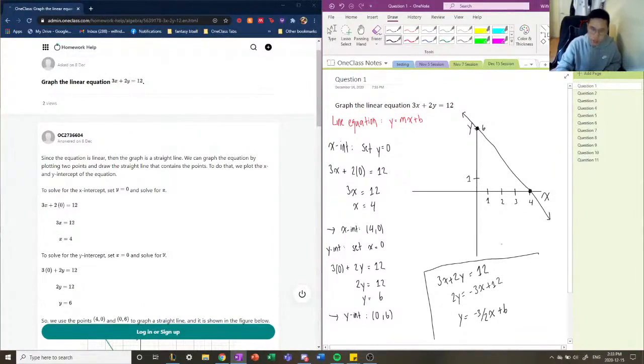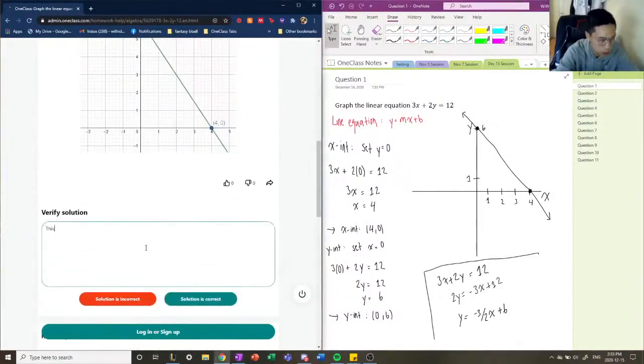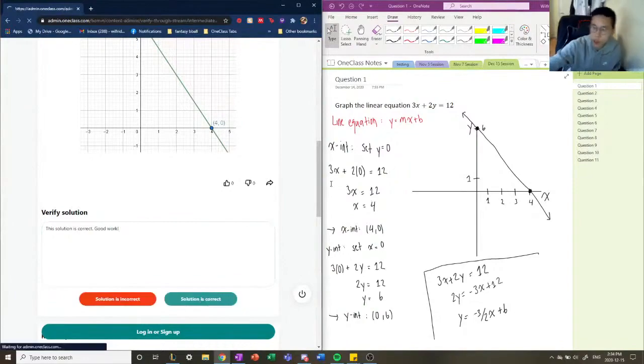So this is our y-intercept, which corresponds to our graph here. And this is a negative slope of 3 over 2, or 1.5. And this is consistent with our graph here because we notice that our line equation, or our graph, is negatively sloped as it's angled towards the negative side. So that's how you graph the linear equation. Given these two different methods, they both produce the same graph in the end. Okay, so this solution is correct. Good work. Okay, cool. Let's move on to question